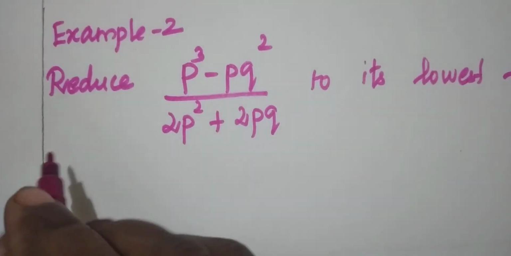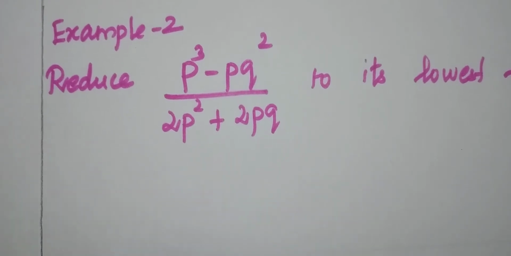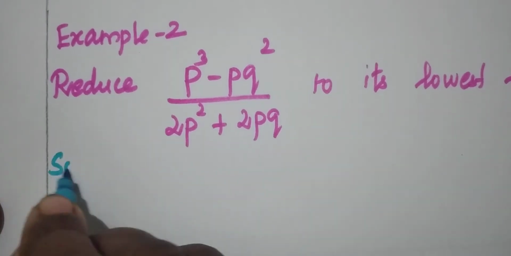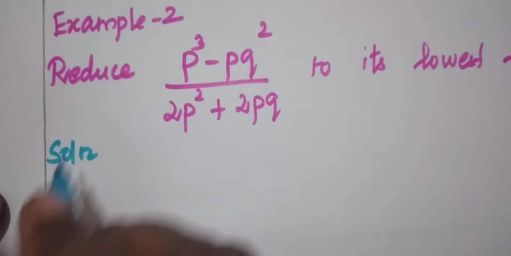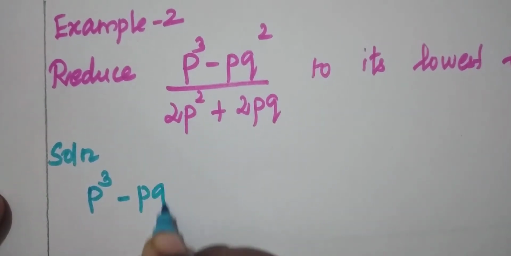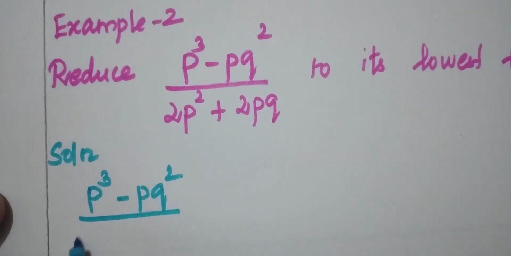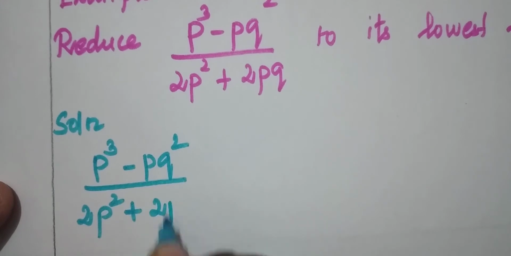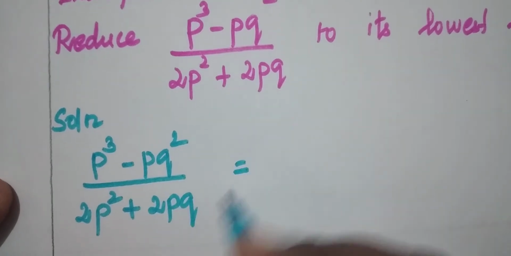So let us solve this one. p cube minus pq square divided by 2p square plus 2pq is equal to,